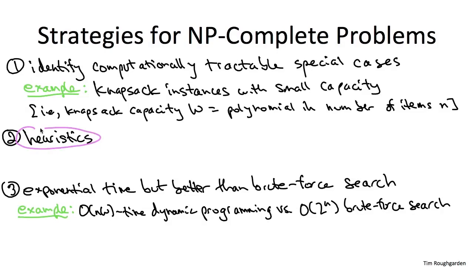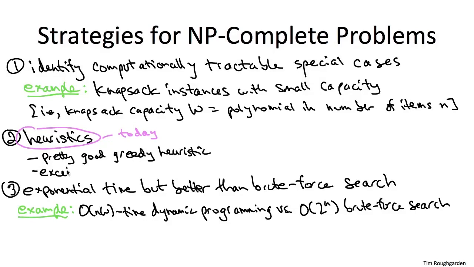Let's now return to the subject of heuristics, the topic for today. Happily, despite being NP-complete, the knapsack problem admits some quite useful heuristics. We're going to study 2 of them. First, we'll use the greedy algorithm design paradigm to come up with a pretty good heuristic. Pleasingly, this pretty good greedy heuristic is also blazingly fast. We'll then pull out a different tool, namely dynamic programming, to develop yet another heuristic. It's going to be polynomial time, not as fast as the greedy solution, but its accuracy will be excellent. It will get within a 1 minus epsilon factor of optimal, where epsilon is a parameter that we can tune